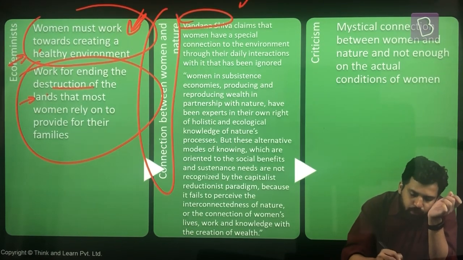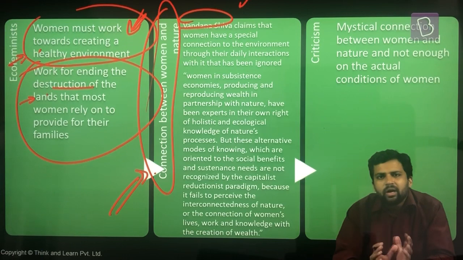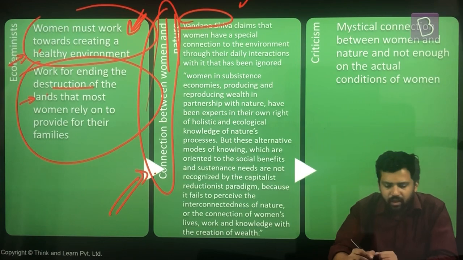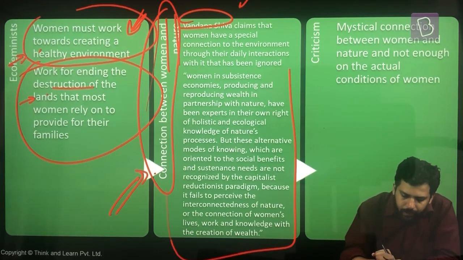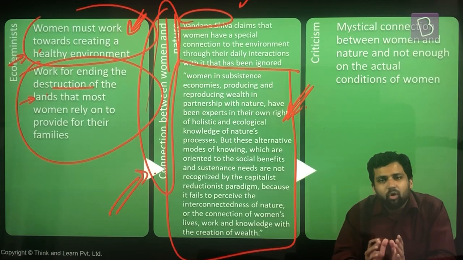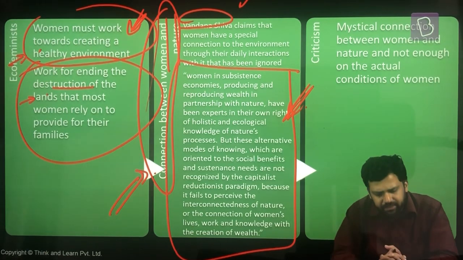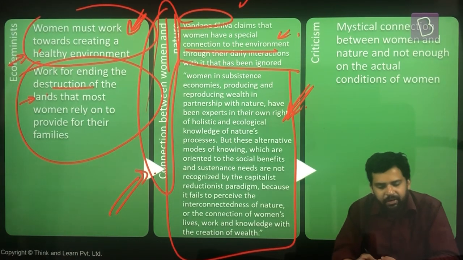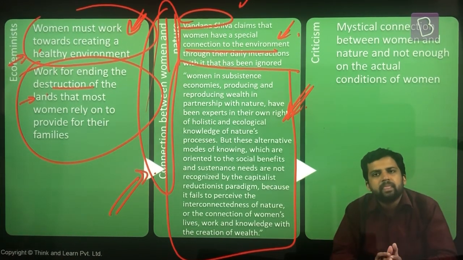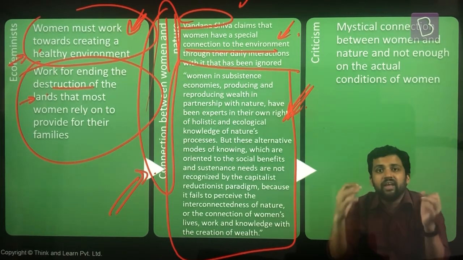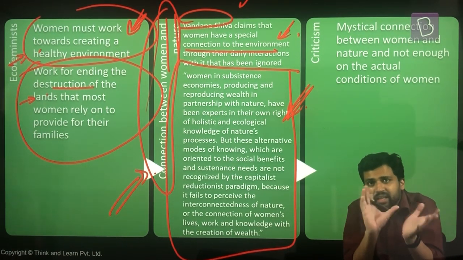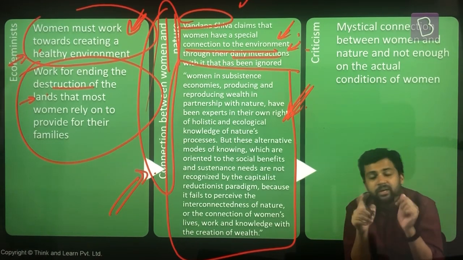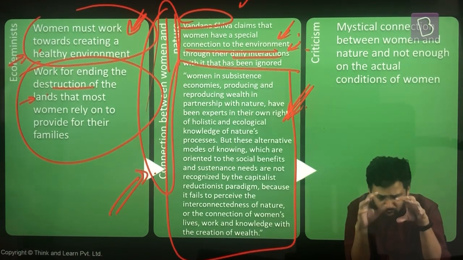She tries to give us an important feedback, or she tries to analyze the connection between women and nature. This entire paragraph that you see is from her work. So exactly what she says. She says that women have a very special connection with the environment. Every day they get integrated with the environment. There is an interconnection, and there is this daily interaction between women and environment. So how is it? So Vandana Shiva says that